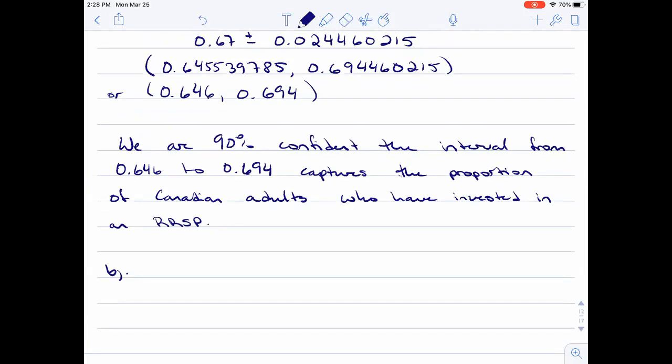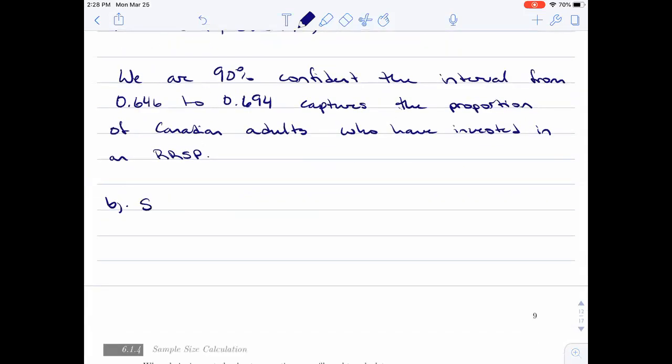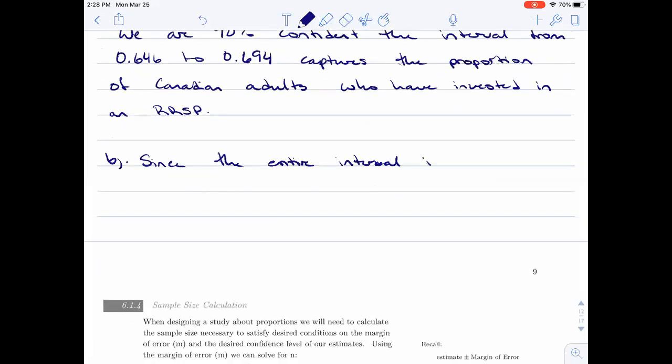And so bringing it back down to decimals, since the entire interval is above 0.57,